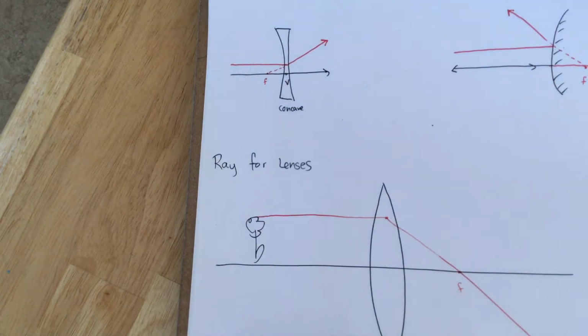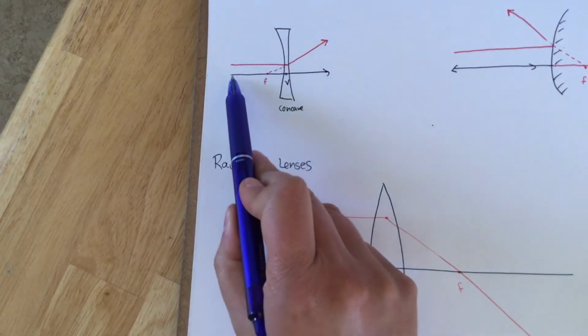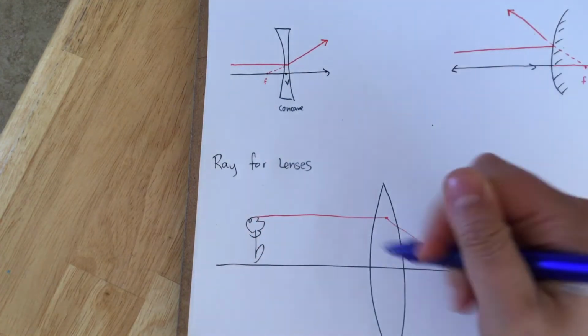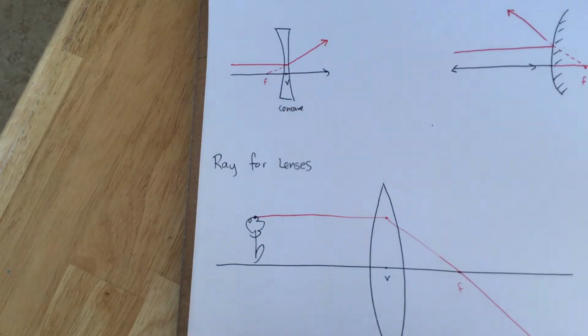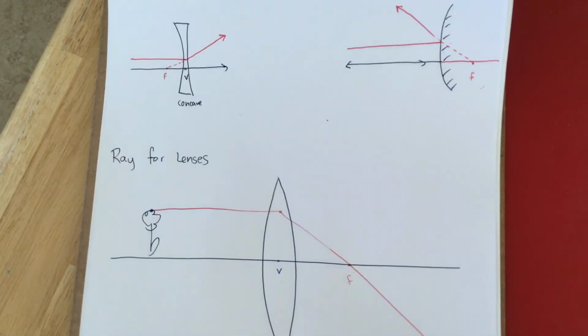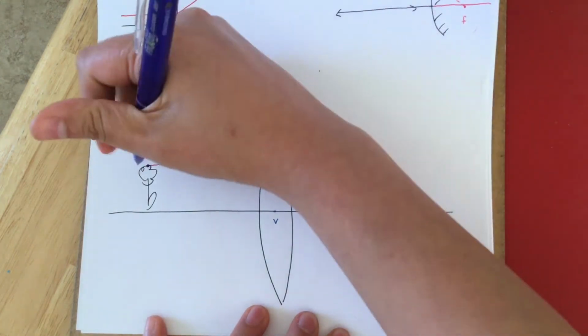Wow, so much easier to draw by hand than doing it on the computer, guys. Ray 2 for lenses goes straight through the vertex. Anything that goes straight through the vertex doesn't get bent. So if I take a blue ray of light from the top of my flower over here and go straight through the vertex,